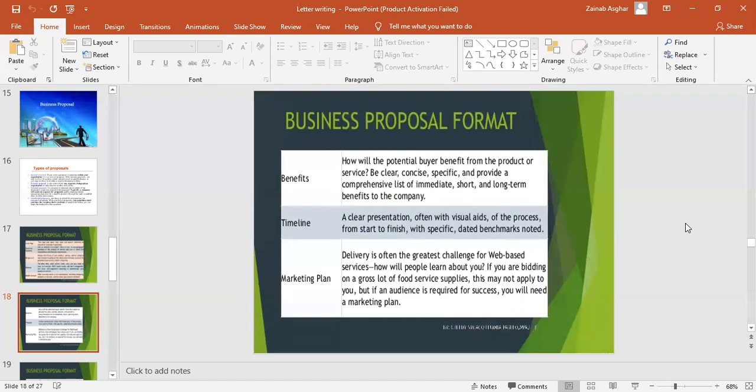So when the product is done, like you have just made it, how will people become aware that your company has this product? Now, different companies have different agendas and different goals. Some of the companies, for example,